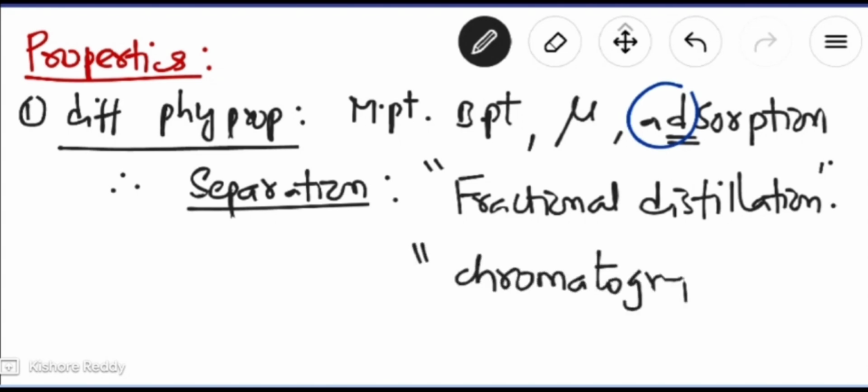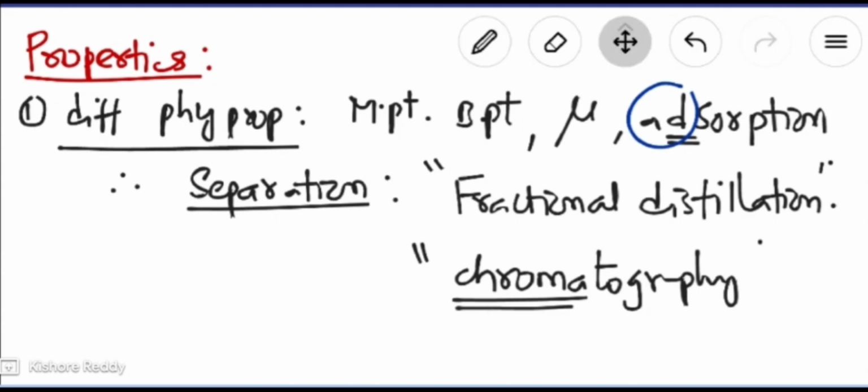Okay, second one is chromatography. Chroma means color, separation of the substances using color, right? And also the adsorption property is used in chromatography. Okay, everything we'll discuss. Are you able to follow? What are the first properties we have discussed? Two isomers, that is cis and trans, will exhibit different melting point, boiling point, dipole moment, and adsorption. And how do you separate them? By using fractional distillation and chromatography. Clear? Understood? Second point is